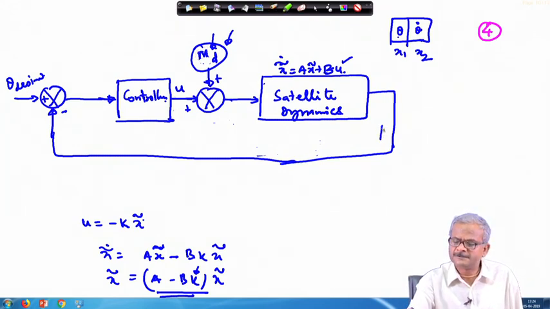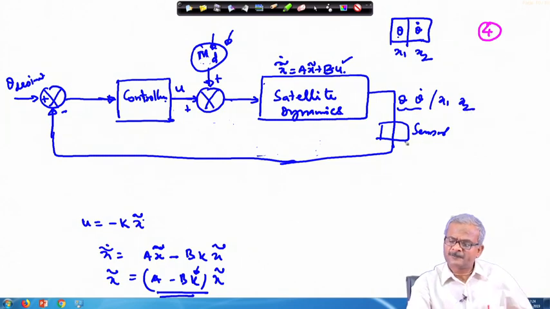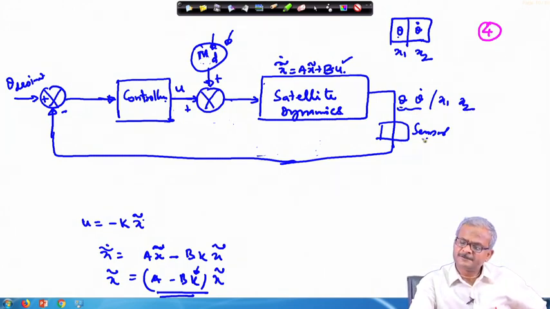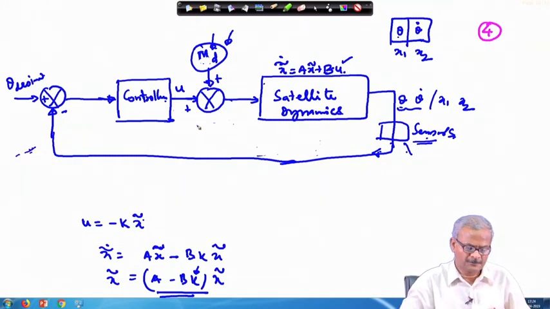Also, the sensors are there. Say, this sensor measures theta and theta dot, these are the two outputs you are getting here, which are x 1 and x 2. Okay. So, this will be measured by the sensors. Sensors can also add noise, so this noisy input goes in this place. So, all these things must be taken care of while designing the control. Okay.